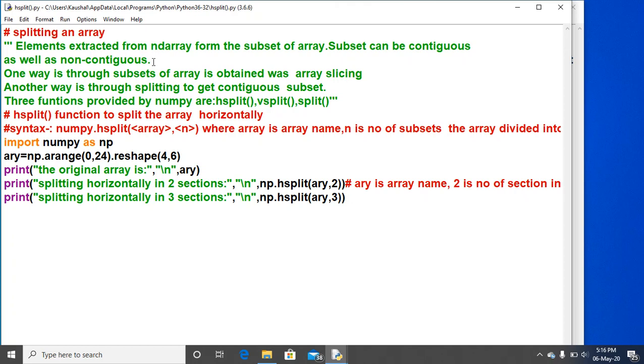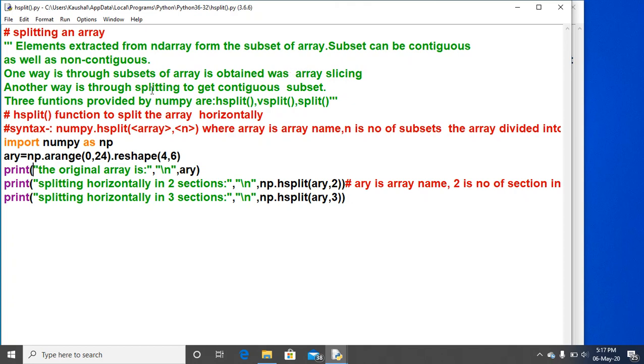When we want to extract elements in a contiguous or non-contiguous manner, we will be using the split function. One way through which a subset of an array is obtained was array slicing, which we did in the last class.